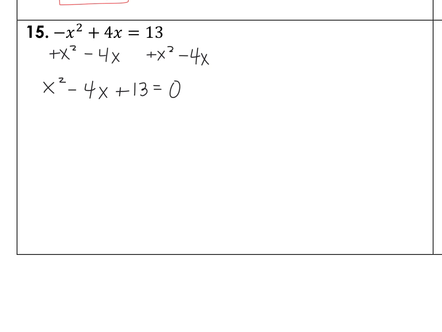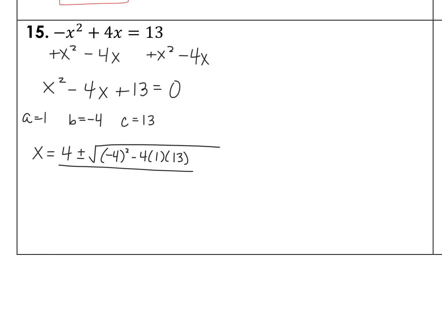Now you should have your a, b, c. A is 1, b is negative 4, c is 13. All right, plug them in. X is equal to opposite b. Okay, so again, positive 4 plus or minus the square root of b squared minus 4ac